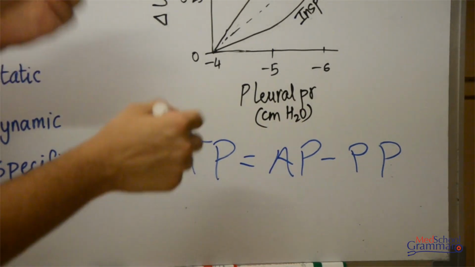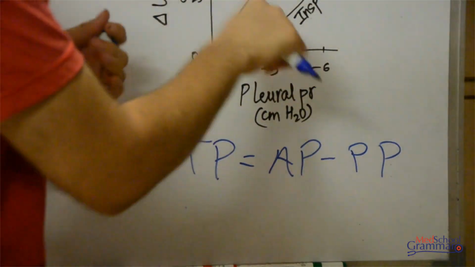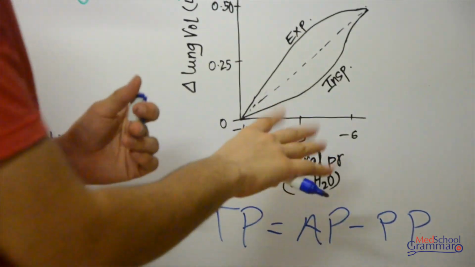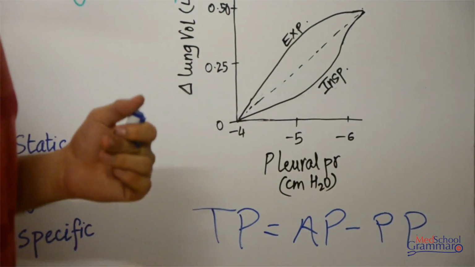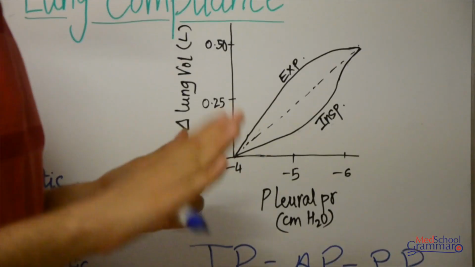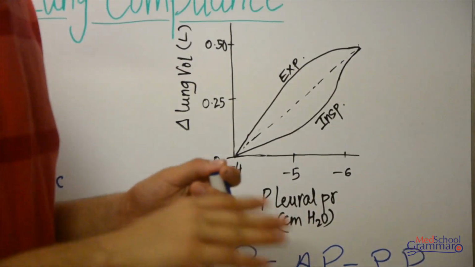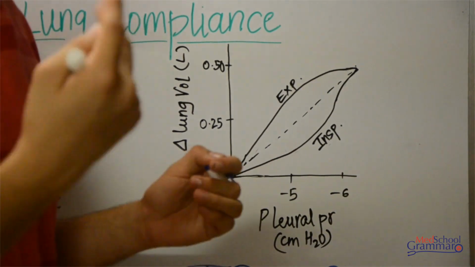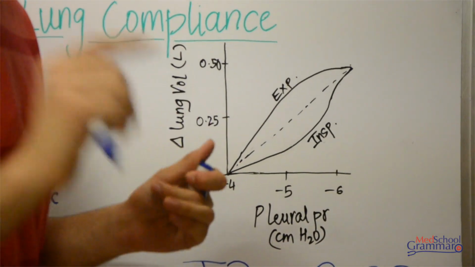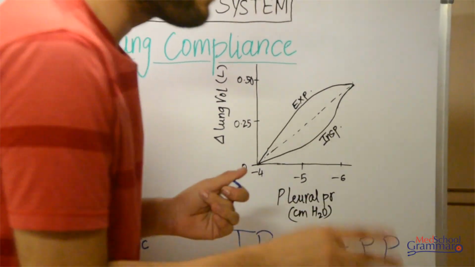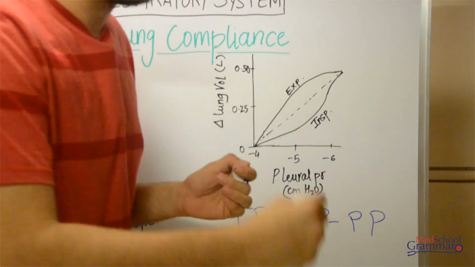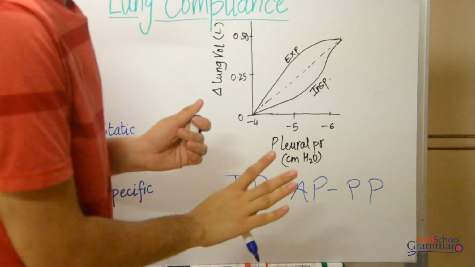While measuring this lung compliance, we ask the person to breathe in, pause, and let the pressure across the alveoli be equal to the atmospheric pressure. So what does that mean? That means the alveolar pressure difference becomes zero. We let that happen during the measurement of the lung compliance.